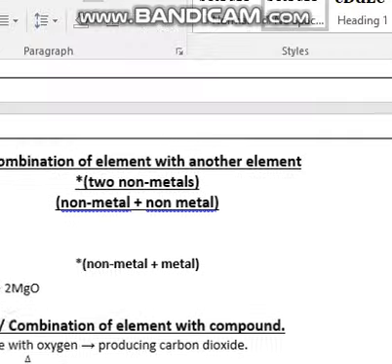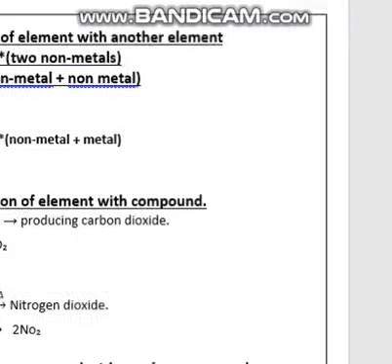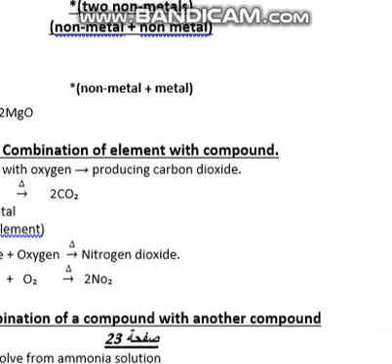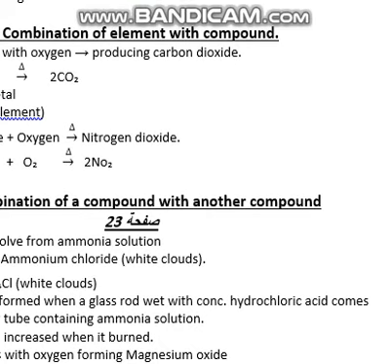and hydrogen plus chlorine produces hydrochloric acid. So non-metal with non-metal produces carbon dioxide, and hydrogen plus chlorine produces hydrochloric acid. The second type, combination of an element with another element, non-metal with metal: burning magnesium ribbon produces magnesium oxide, a white powder. The second combination, element with compound,